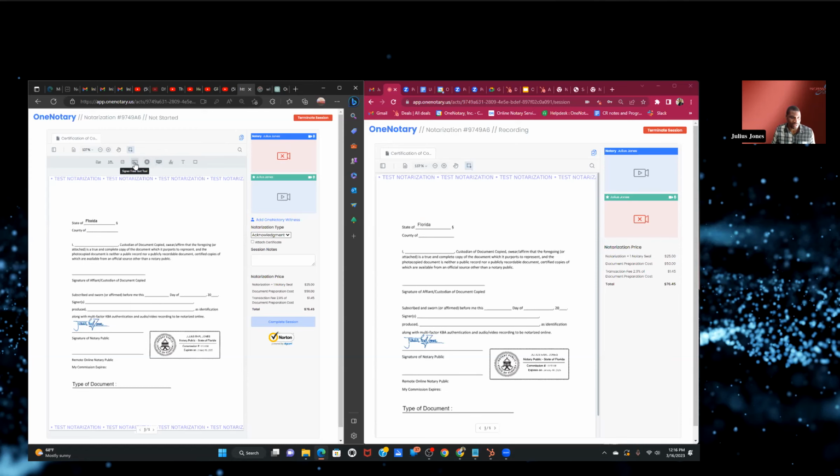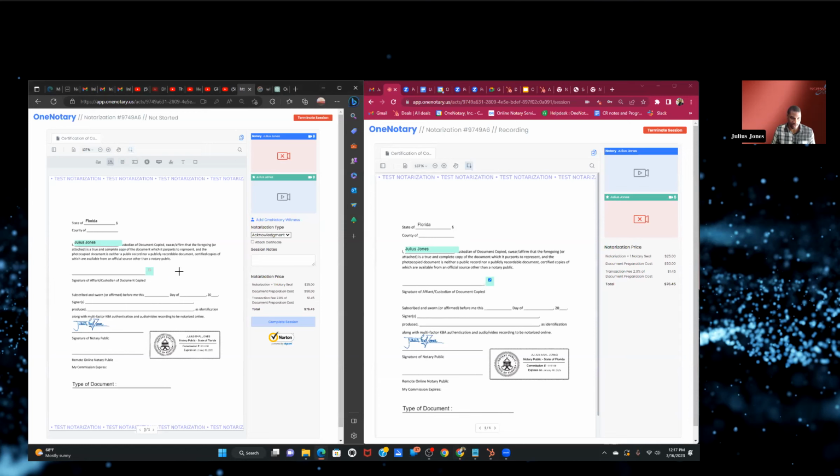You also have the signer's free text tool. After clicking here, you'll be able to assign to the signer. And as you can see on the signers in here on the right hand side, after you place that for them, all they would have to do is click and they can actually type in their name. You also have the checkbox option if they need to check anything specific. After placing, you can assign. On the right-hand side, the signer will be able to click on check and it checks the box.